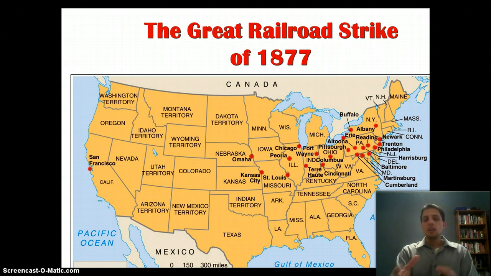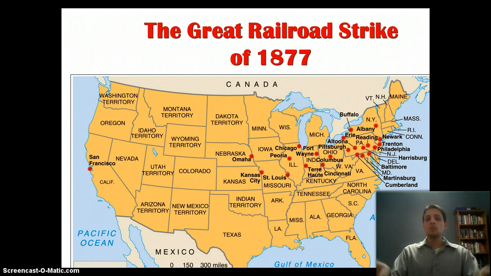And so when these workers are going on strike, they're going to bring in the state militia, and what starts to happen is violence starts to break out. Labor doesn't back down, and the troops don't back down, and so people are going to start to die. It's going to be an all-out kind of a battle taking place. Now, when other railroad workers hear about what happens, they're going to go on strike too, in a solidarity type move.